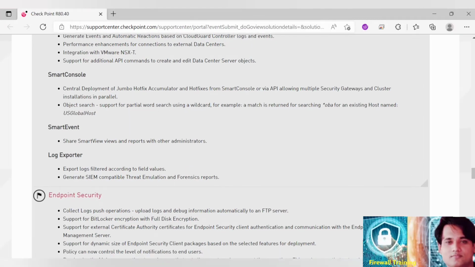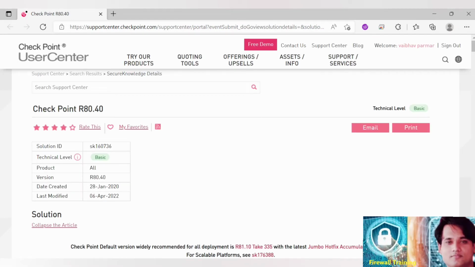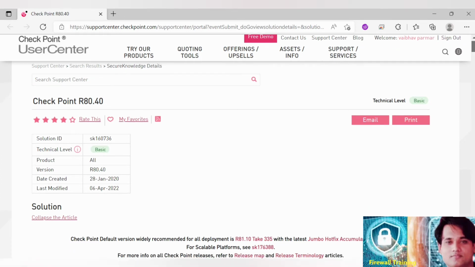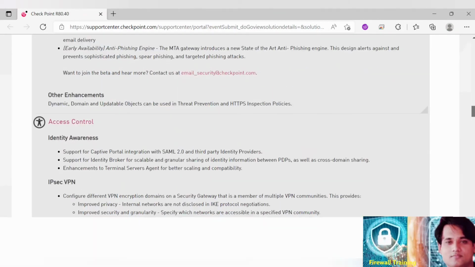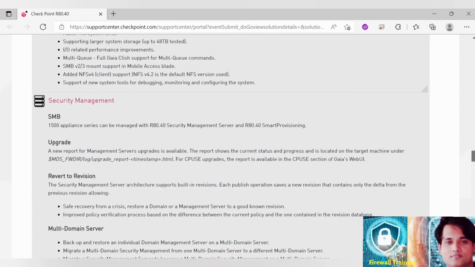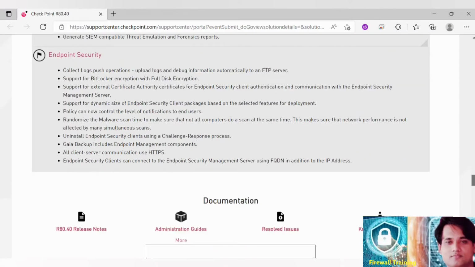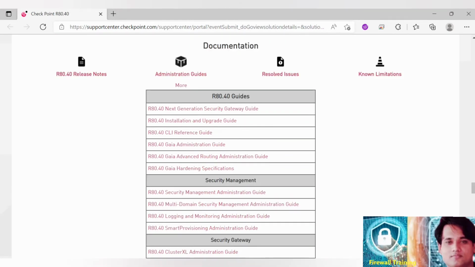So if you go to the Checkpoint site and you just type the release note. Whichever version you are running, you just have to come here, and there is a section called release notes. You have to open this,